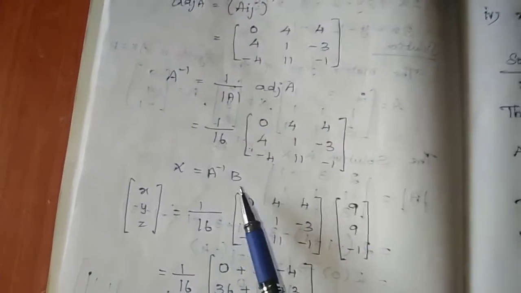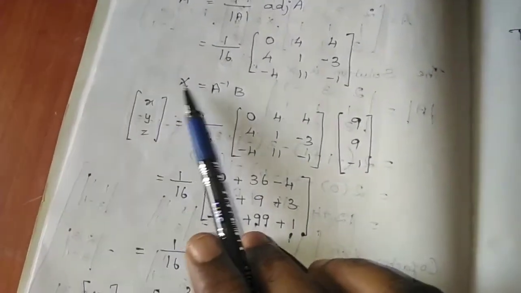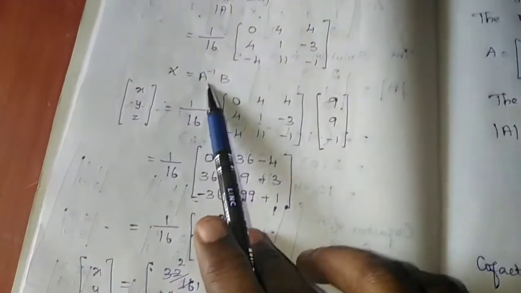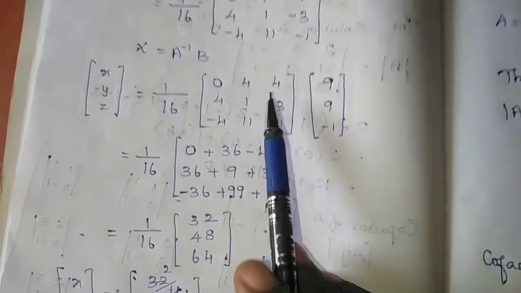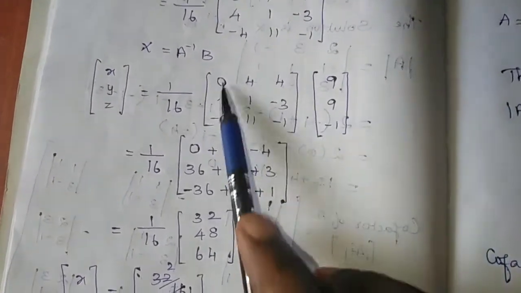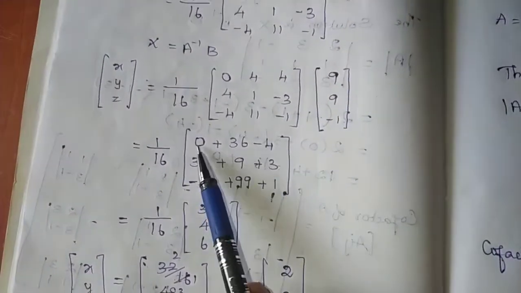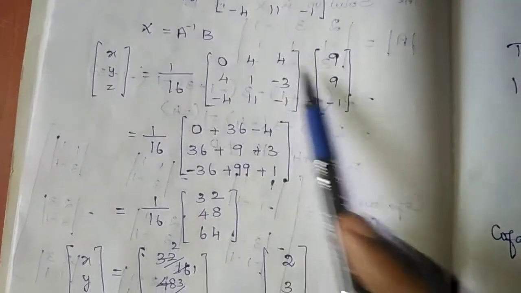X equal to A inverse B. Here X equal to the 3 unknowns x, y, z. Write the A inverse value, and B equal to 9, 9, minus 1. Now using the matrix multiplication method, first row: multiply 0, 36, minus 4, and the second row,